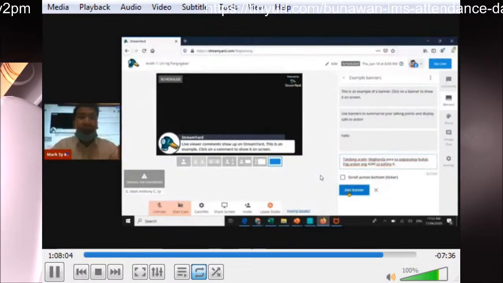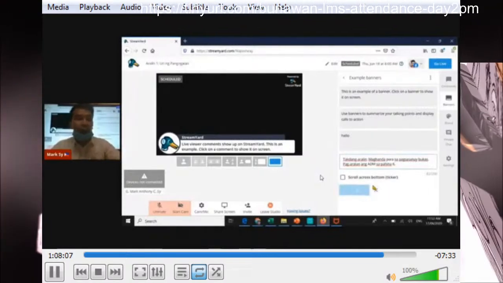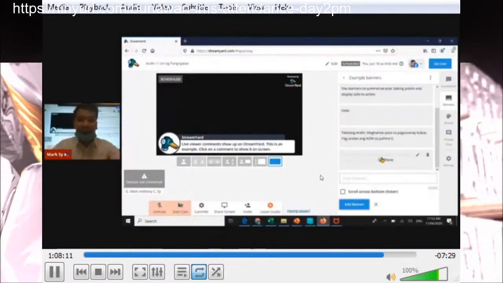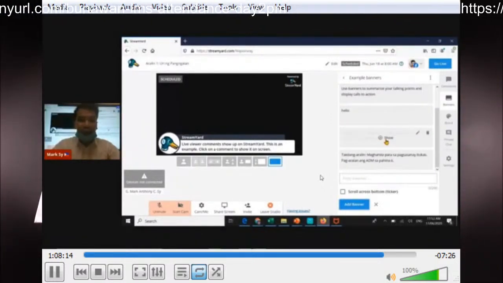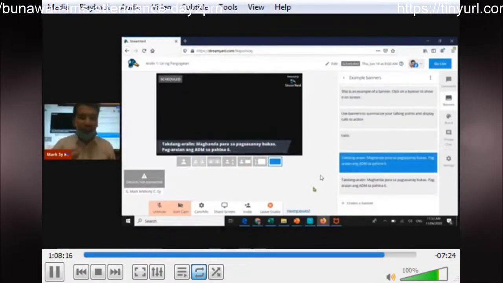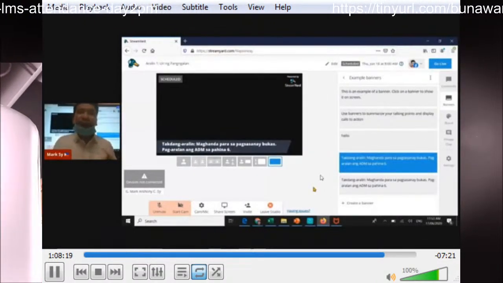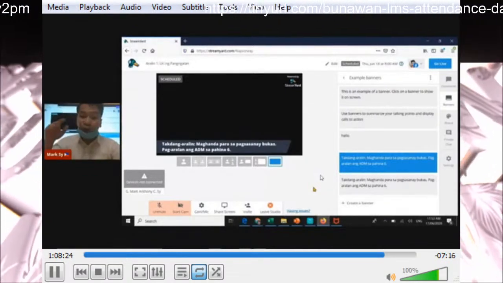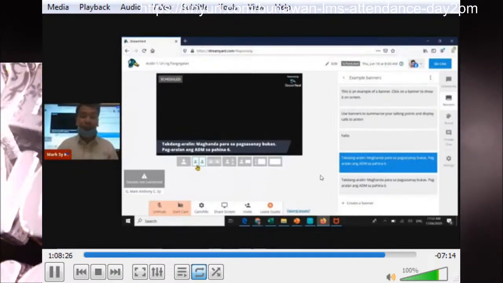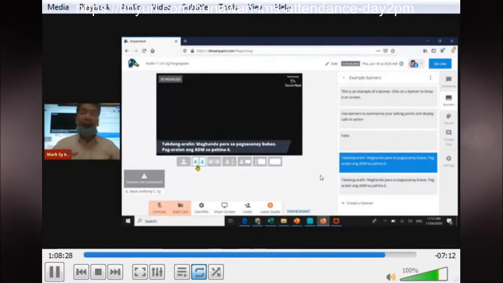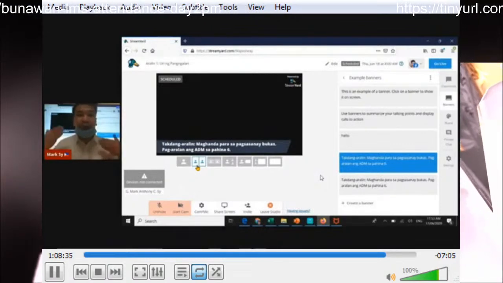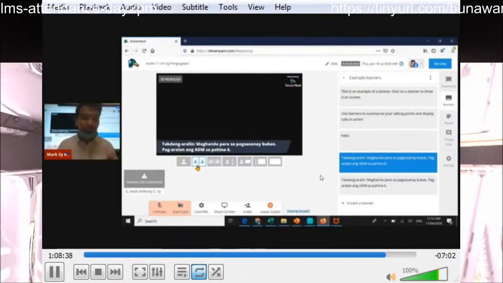So dapat ahead of time, nakagawa yung mga inyong banner. Kagaya ng paggawa natin ng lesson plan. Para ang gagawin lang ng teacher ay ganito. I-show niya. O, di ba? So habang ikaw ay nagtuturo, makikita ng bata yung assignment mo. O take note, sasabihin mo na lang, kindly look onto your screen. Makikita po ninyo dyan ang inyong assignment. So kinakailangan ito po ay inyong sagutan. Takdang aralin, maganda para sa pagsasanay bukas. Pag-aralan ang ADM sa pahina 6. And you are making your presentation more lively.